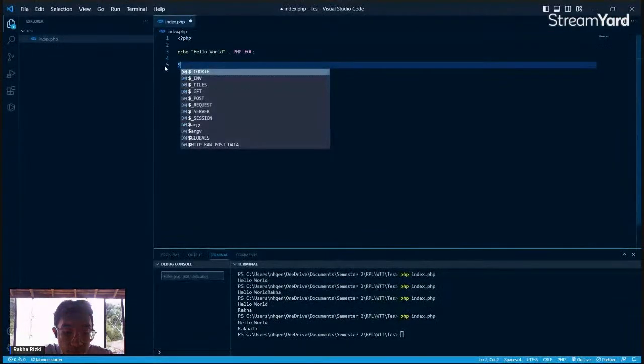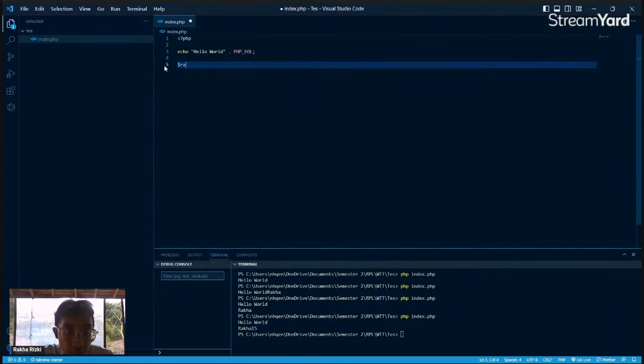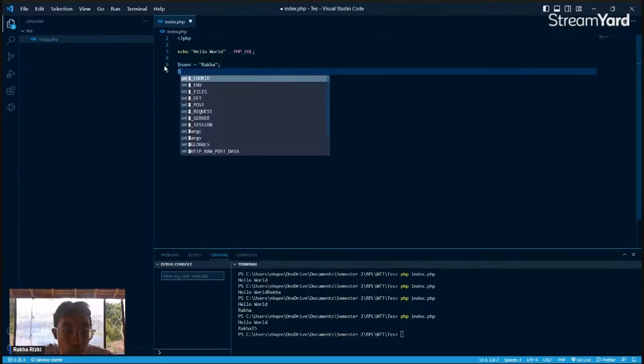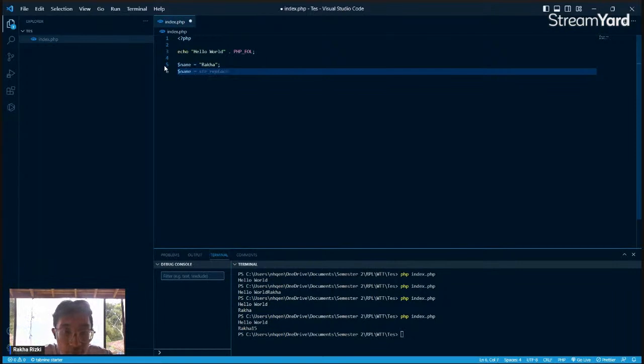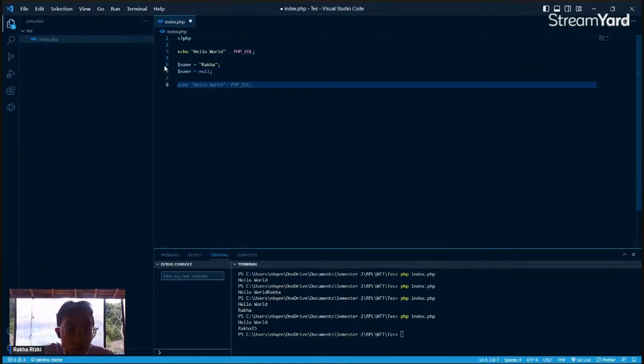If I make a variable name with a value about Rakha, and then we have the variable name again and write null, and we run it, what will the output show? So I will CLS to clear. If I run it, will the Rakha show or not?